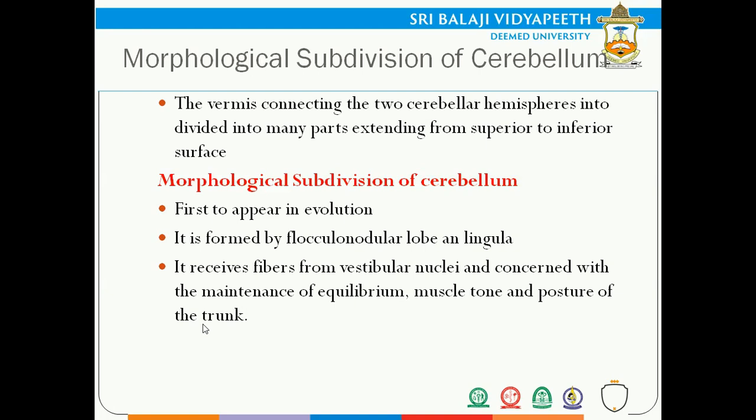Then dysenergia is another function. Dysenergia means loss of coordinated muscular activities. So the muscular activities will not be coordinated, and he will not be able to do proper activity. You draw a straight line and ask the patient to walk on the straight line, he will not be able to walk. The exact example that I can give you is the way an alcoholic walks. You make an alcoholic walk, he will not be able to walk in a straight line.